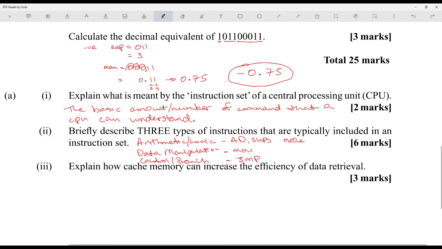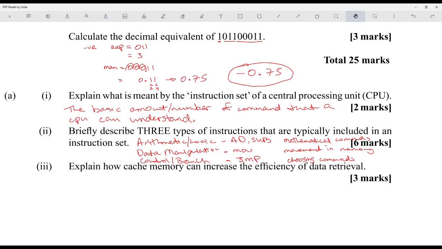The actual description will be like mathematical commands, movement in memory, and jump will be choosing commands. I guess once you have the example, you should be okay with it, because to describe these things it's kind of weird, because you will have to use back the same word since it has control and branch in it. So you'll write some sort of explanation, but the example is what will seal your mark. So keep that in mind.